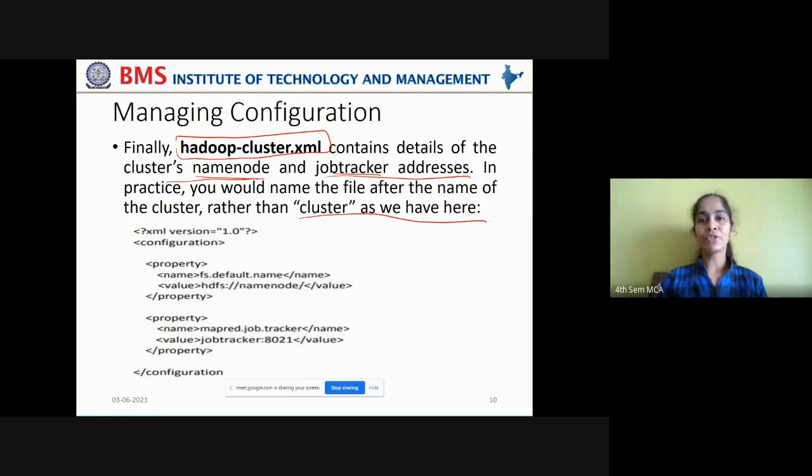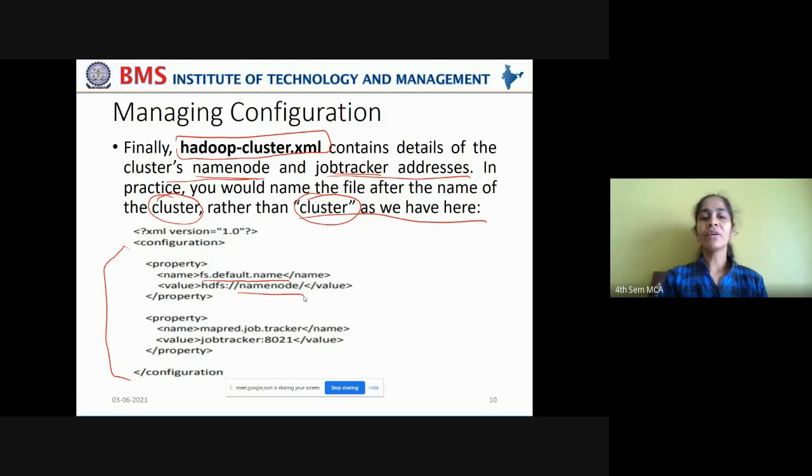So don't give simply cluster to indicate that it is running on a cluster. Better have an identification for it, because you may be running multiple MapReduce jobs on multiple clusters at the same time. So to differentiate between the clusters, it is always better to give the cluster name rather than just indicating it as a cluster. Now, in this configuration file, what are the properties being set? The file system's default name. Now we are setting it to a name node. Because you are running it on a cluster, you have name node, data node, job tracker, task tracker separately. Or sometimes they may run on the same machine also, in a cluster as well. Remember, not only in pseudo distributed mode.